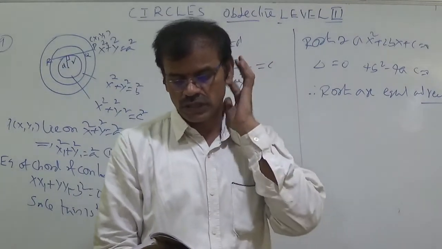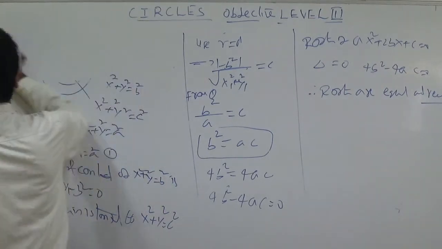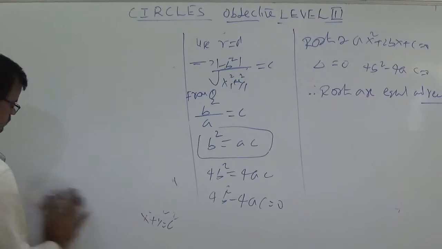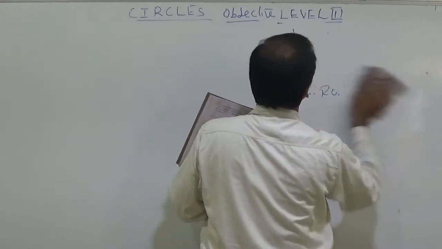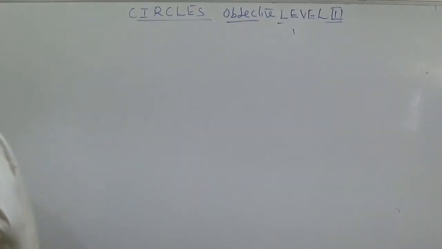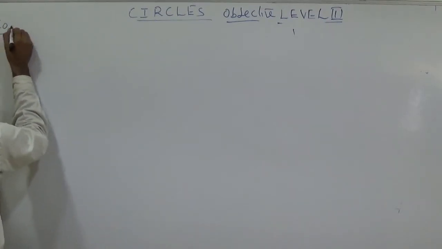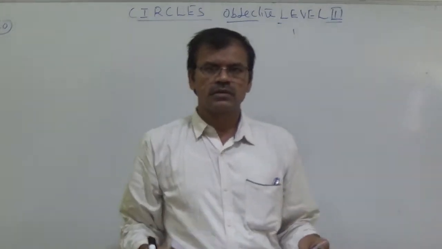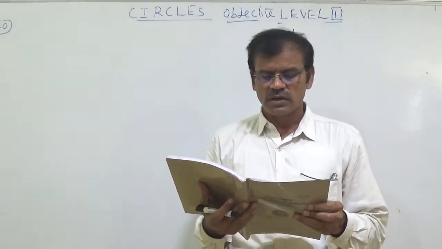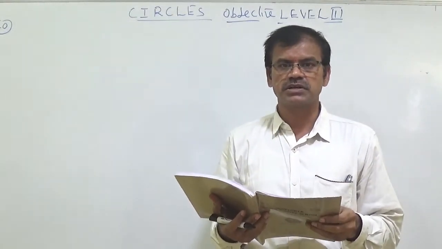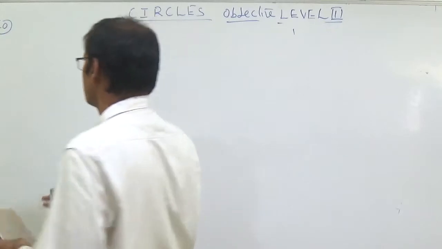Now let us discuss the IMP question, 28th question. Triangle ABC is right angled at A. The circle with center A and radius AB cuts BC and AC internally at D and E respectively. If BD is equal to 20 and DC is equal to 16, then the length of AC equal to dash.